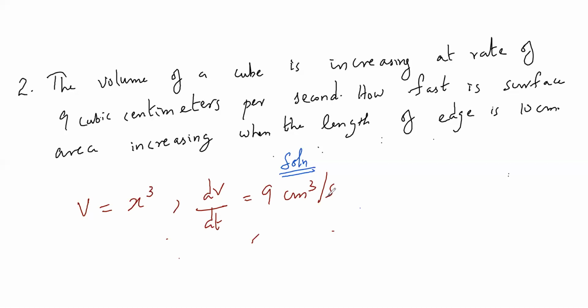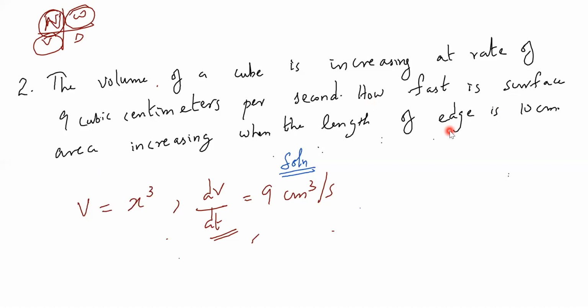So as I always tell you in maths, there are mainly 4 things: numbers, words, variables, and diagrams. Correct? Sometimes they may give in variables, sometimes they give in words. So this I'm translating to what? Numbers. That's all. But here, the variable into numbers. The words are given in terms of variables and numbers. So we have to understand that. So that is done. How fast is surface area increasing when the length of the edge is 10 centimeter?